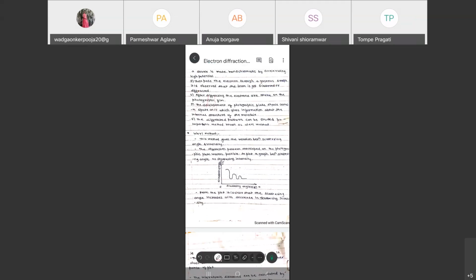What can we observe? Diffraction. We can observe a diffraction, and with that diffraction we can know very well, as in our previous class we have seen, how electron diffraction takes place onto a photographic plate, and whatever changes are recorded onto that photographic plate, that type of changes we are going to